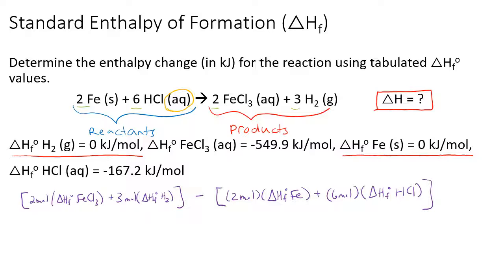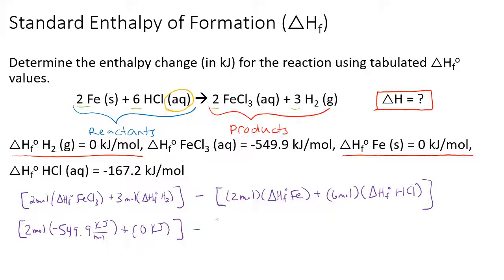So plugging in the values for iron(III) chloride, we have 2 moles times our heat of formation for iron(III) chloride, which is negative 549.9 kilojoules per mole, plus 3 times 0, so just 0 kilojoules for our heat of formation for hydrogen,